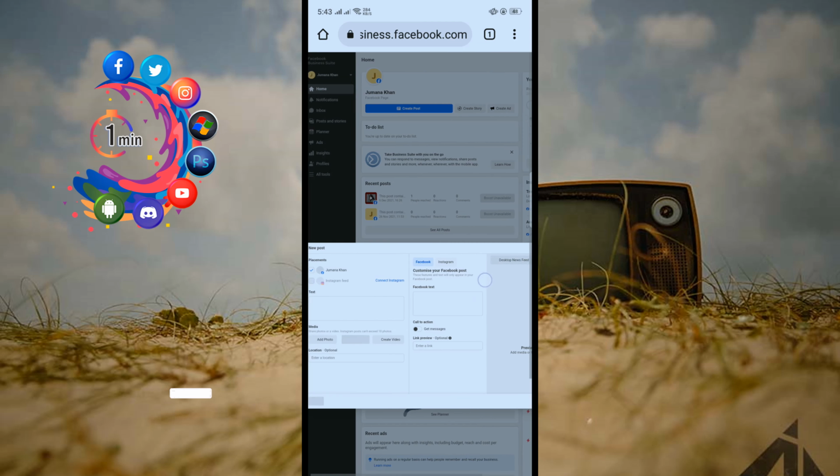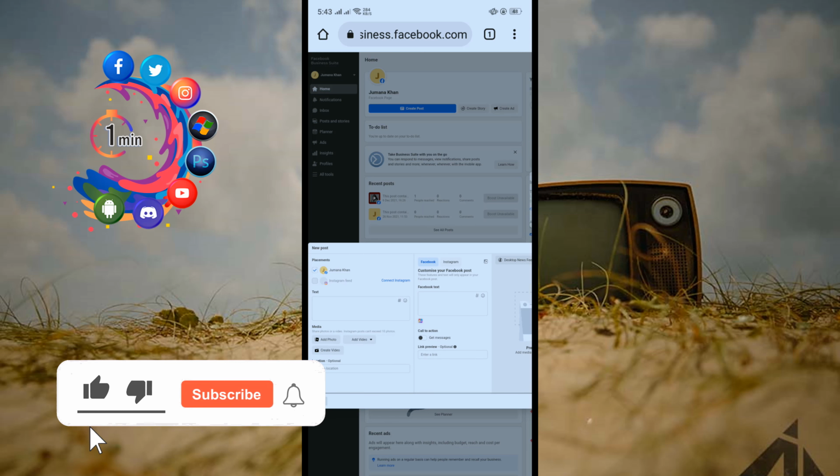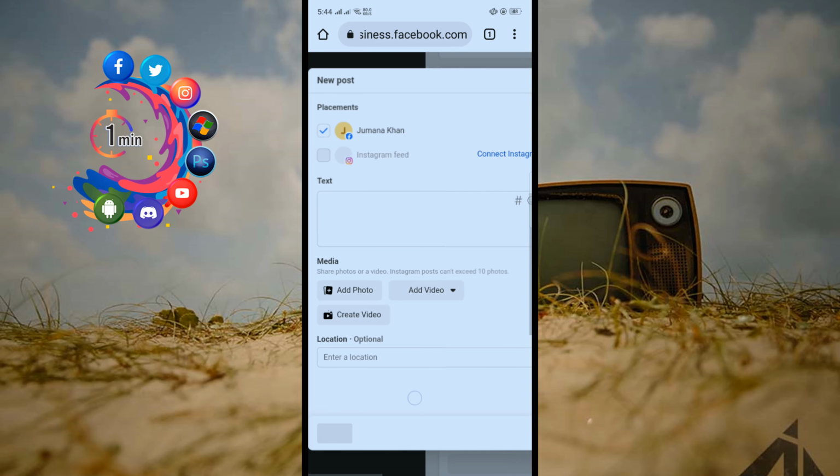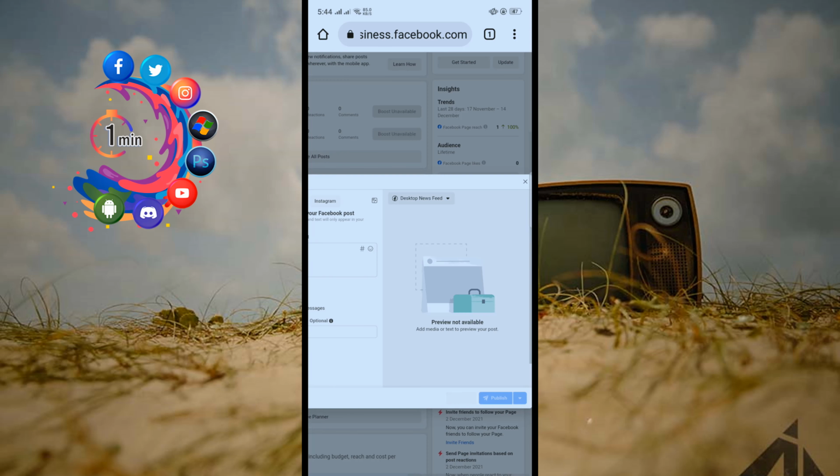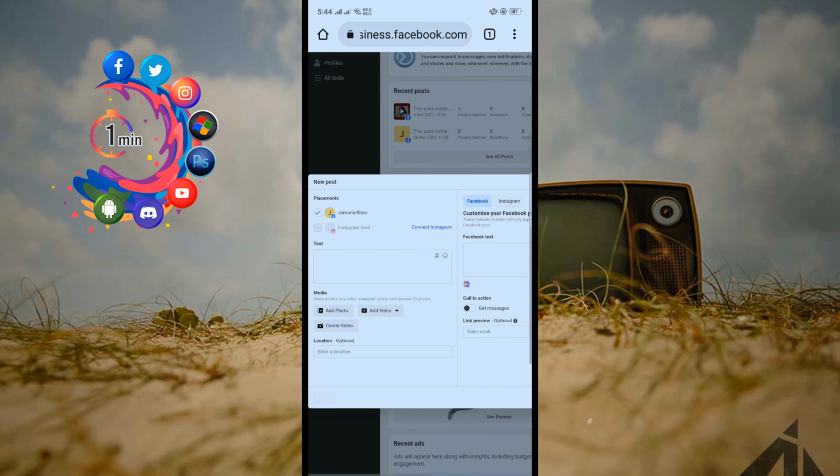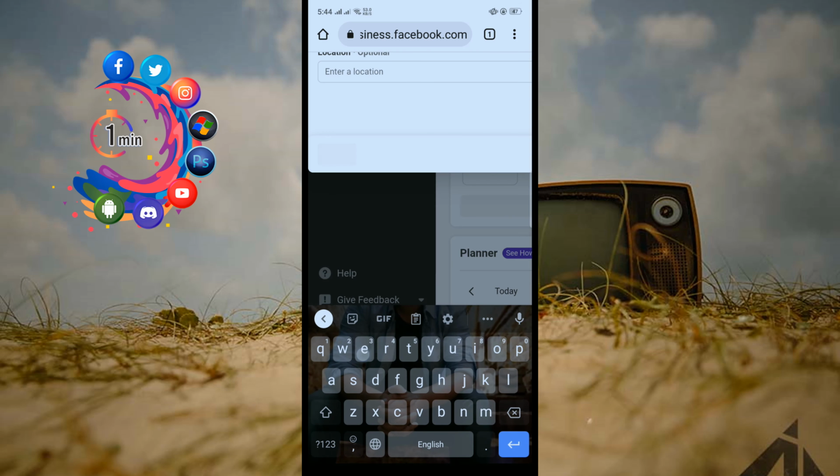and in this text box write your caption, and from here you can add photo, add video, also create video. It means you can go live from here. Also you can add your location here. Suppose I'm going to write something here. Hello